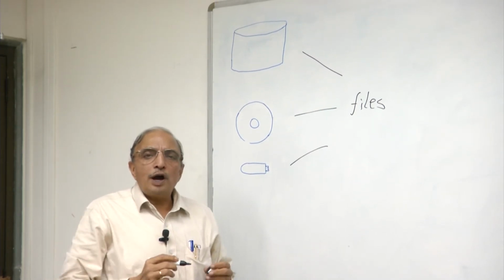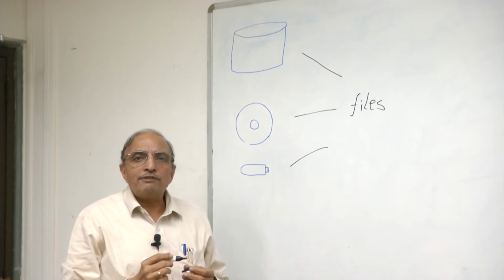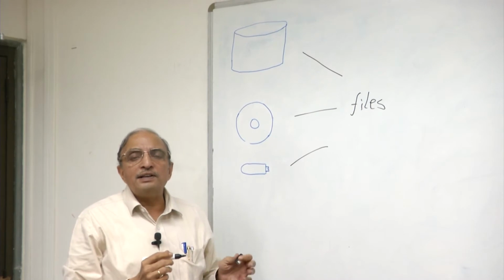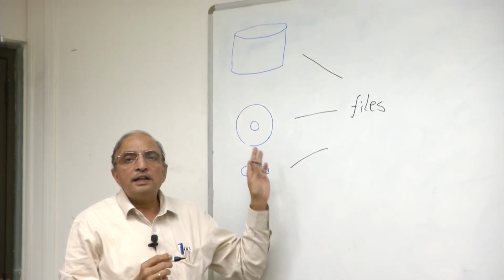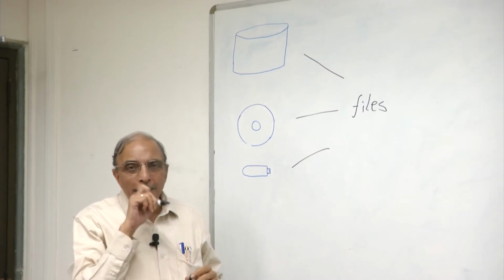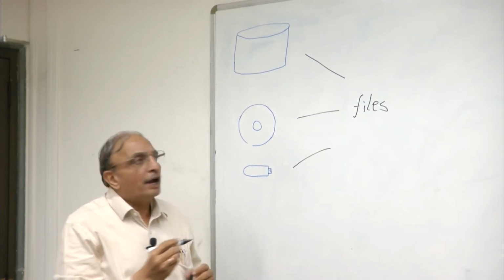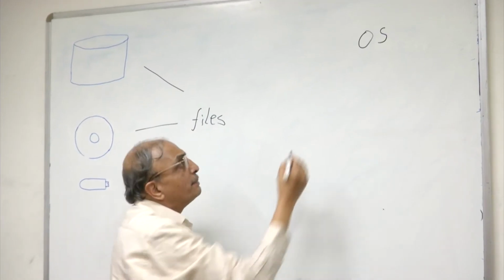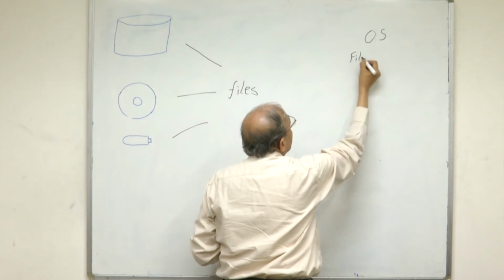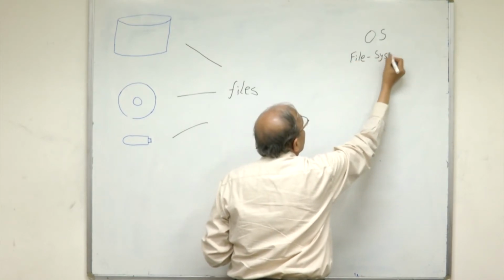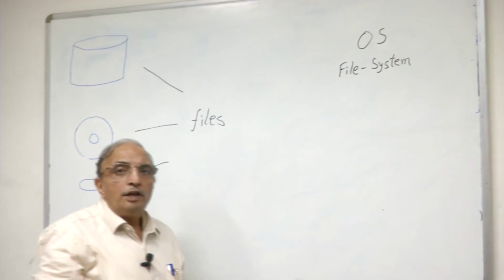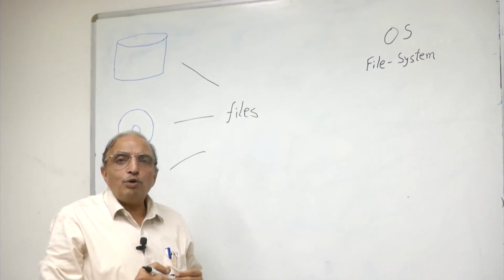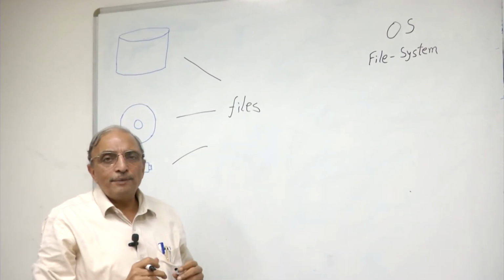Now, before we come to our programs and how to handle files within our programs, it is important for us to understand how a computer generally handles the external files and the data stored on the external files. These files are actually handled by the operating system. In particular, a component of the operating system called the file system. The operating system has enough software to be able to manage the files on the external storage.